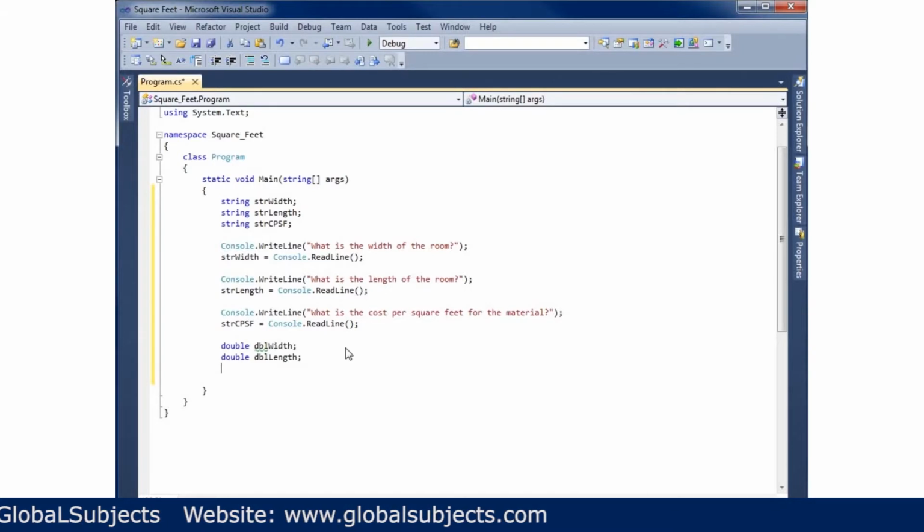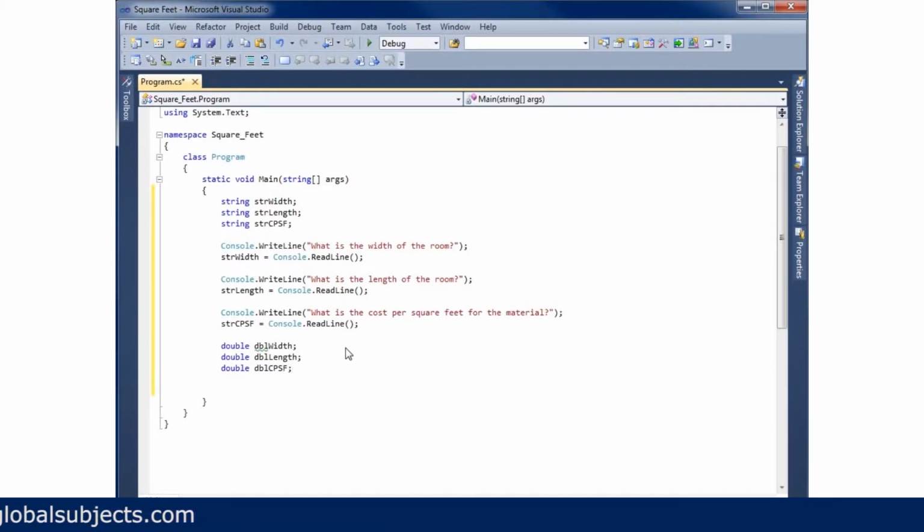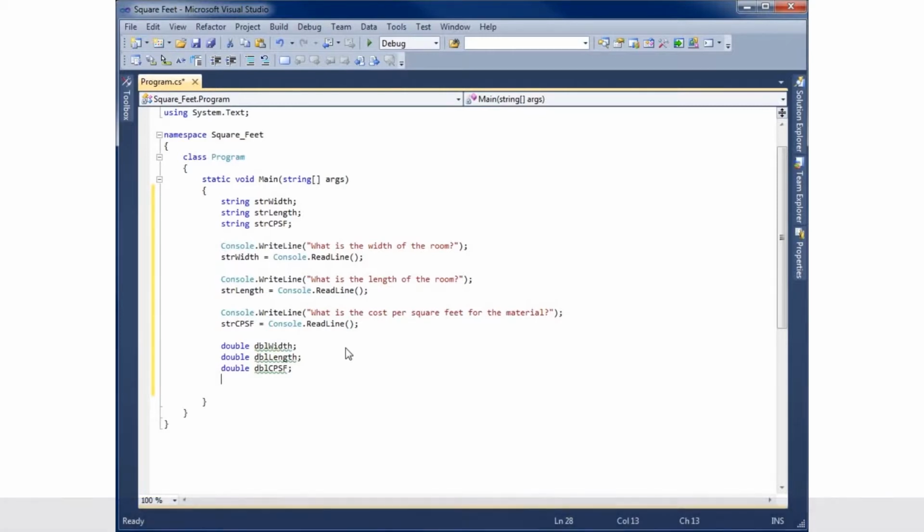And then one more double for my CPSF. And so now I've created 3 more data types or 3 more variables to work with, all doubles that will allow me to basically use these calculations. Now currently they do not store any information, so what I want these doubles to do is